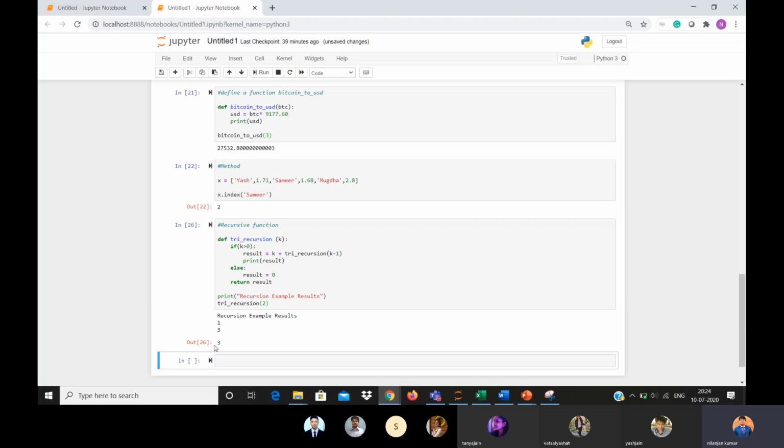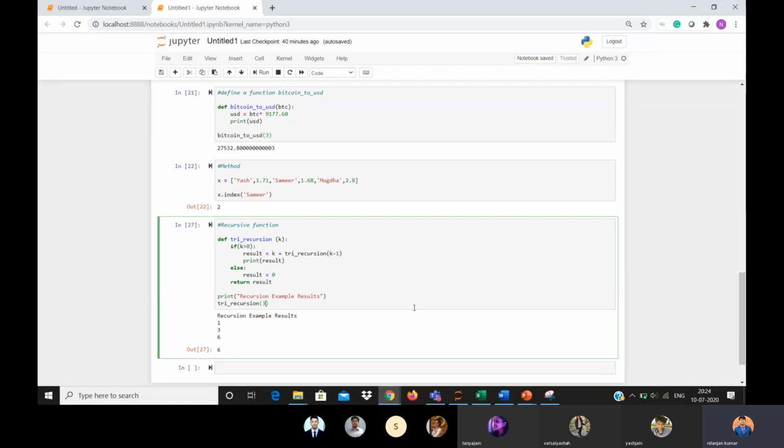That's why it is printing 3. So now we know that try recursion of 2 is 3. Let's now take try recursion of 3. It's giving us 6. Why 6? Now k is 3, and try recursion of k minus 1, which is 2, is 3. So 3 plus 3 is 6.